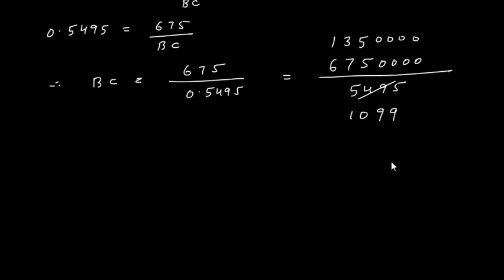Then with 1099 I have to divide this whole number. So let us do the long division method, 1099, and let us divide this 13,5 1 2 3 4 0. First, 1350 is smaller, so it cannot go. So we will take these 5 digits, and let us first try with 9. 9 9 is 81. 81 plus 8 is 89. I will write 9, then 8. Something is wrong, I think.